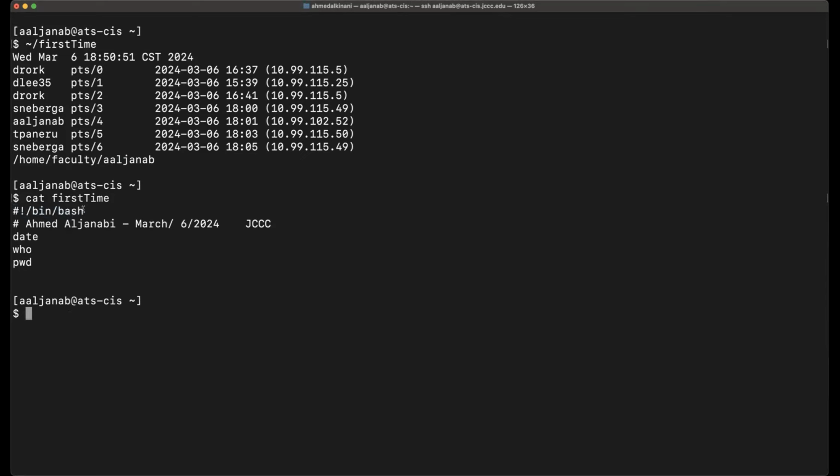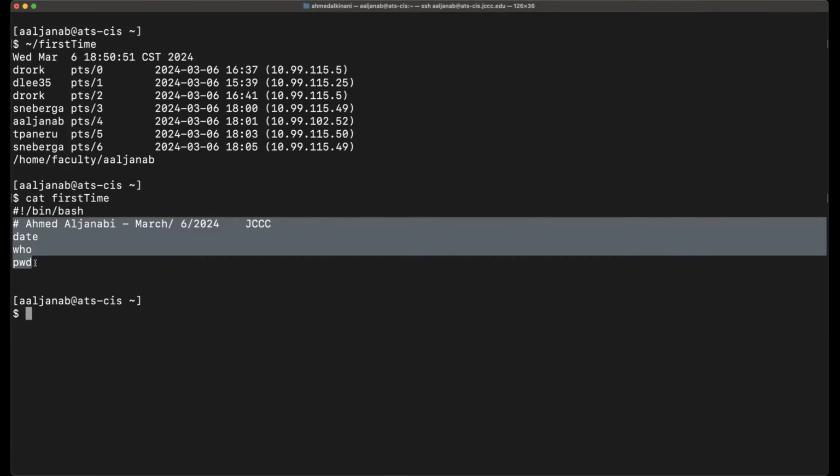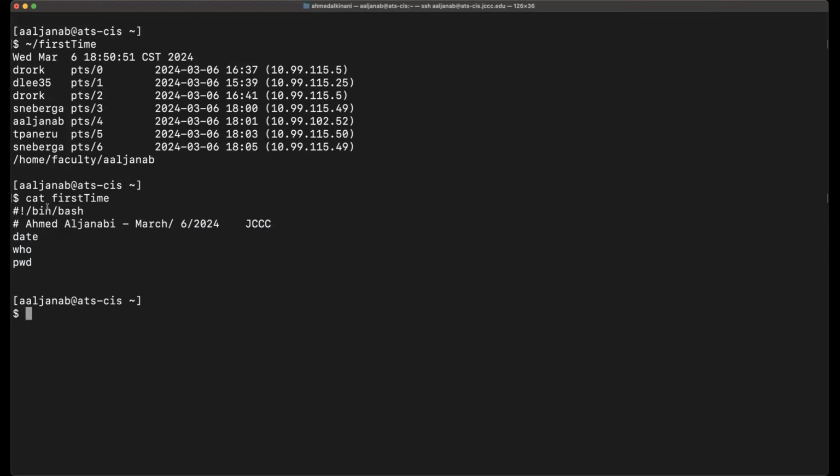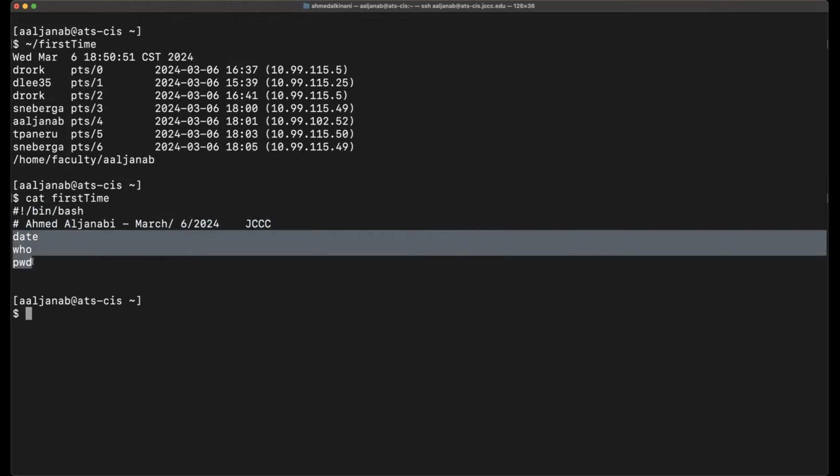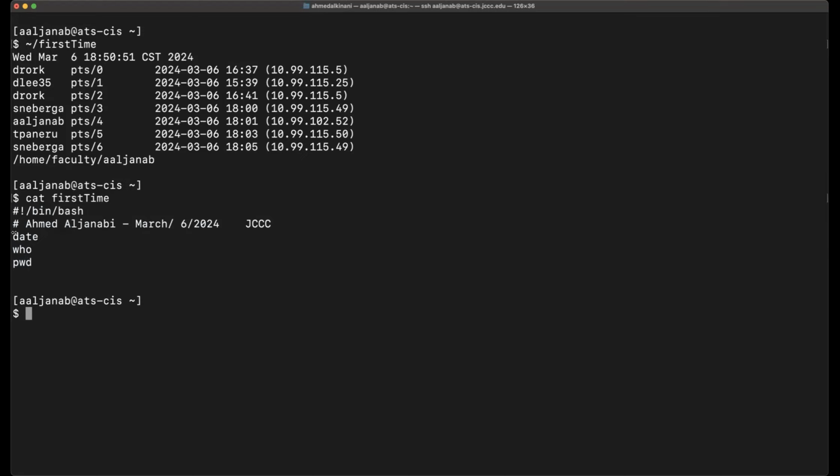Okay. And this is again how we tell the shell that you have to use bash, and then you have to use bash again to execute these lines. And where's the location of bash? It's inside a folder called bin. This here is a comment, documentation, explanation. And this part here is the commands that you just typed. And they're simply going to be executed and they're going to be shown on the screen when you run the